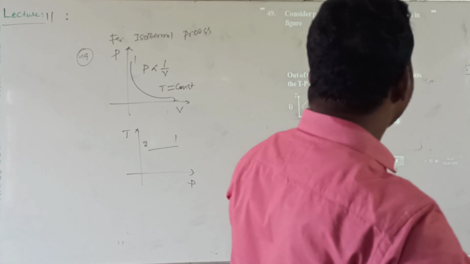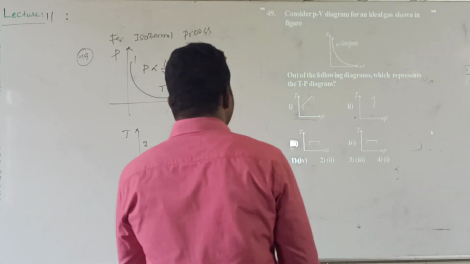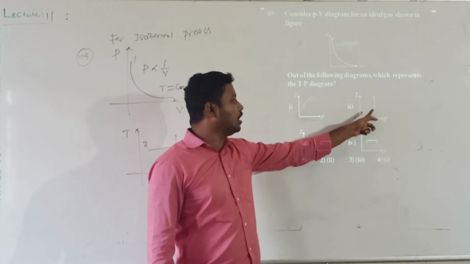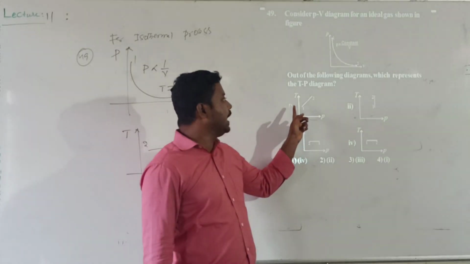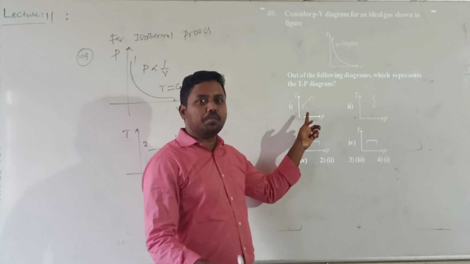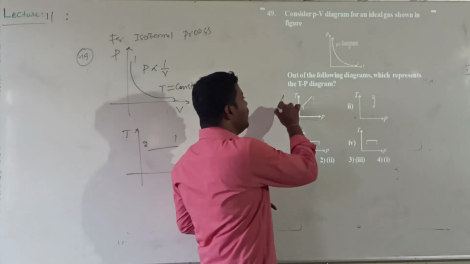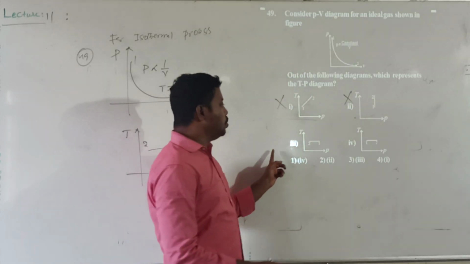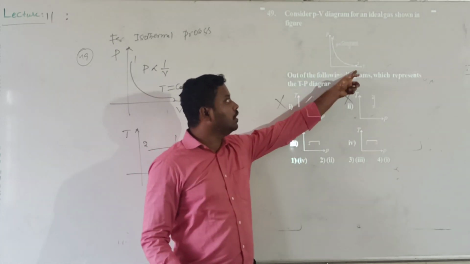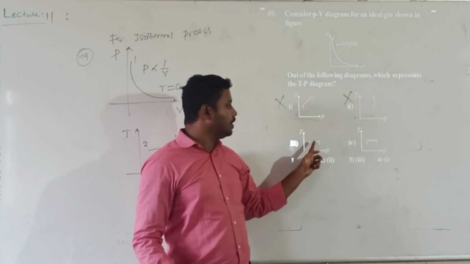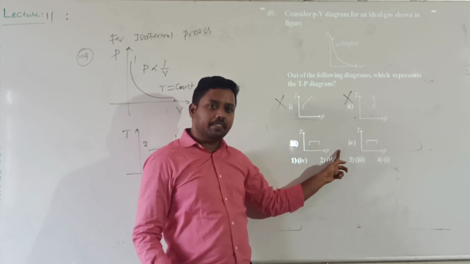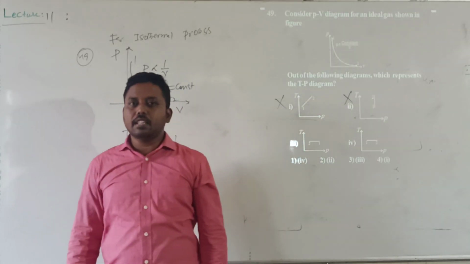Understood? So even the points are important. All the graphs are very close. In this graph pressure is constant, but here pressure is not constant. Here volume is constant, and when volume is constant, pressure is directly proportional to temperature. So this graph is also not correct, and this one also is not correct. But these two graphs look the same. What is the difference? When you go from 2 to 1, pressure is increasing; when you go from 1 to 2, pressure is decreasing. But here pressure is increasing. That's why this is 2, this is 1. So this is the graph question.